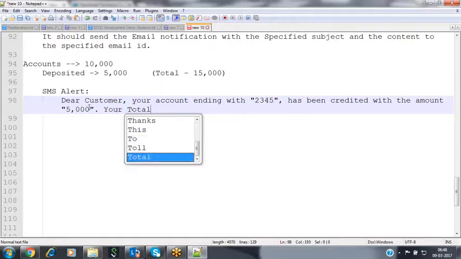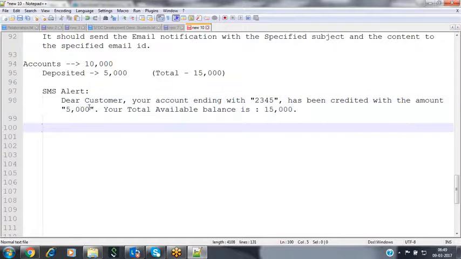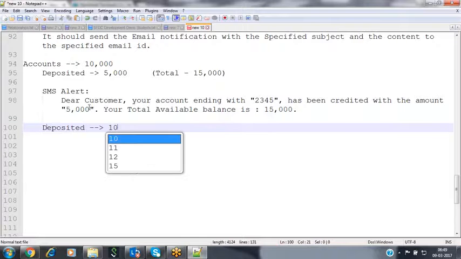Your total available balance is 15,000. This is the SMS alert we are receiving here. Now assume that after that I have deposited 10,000 again.